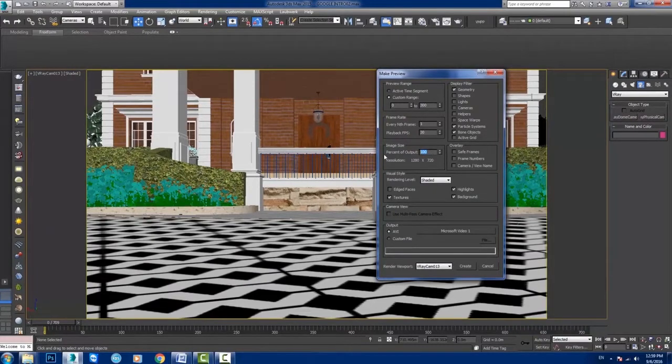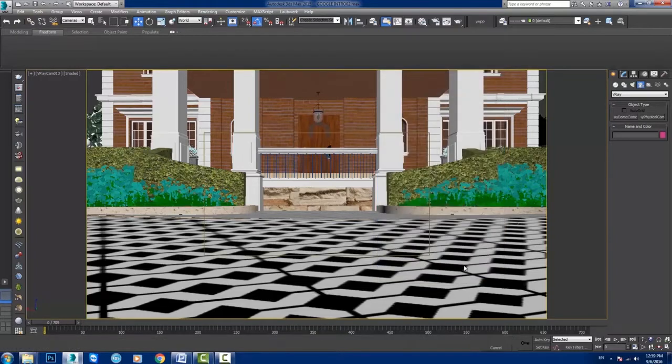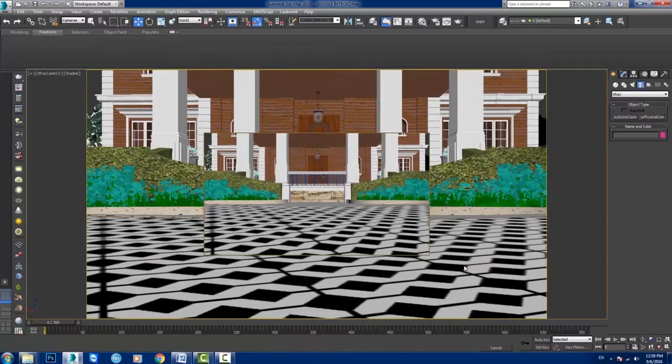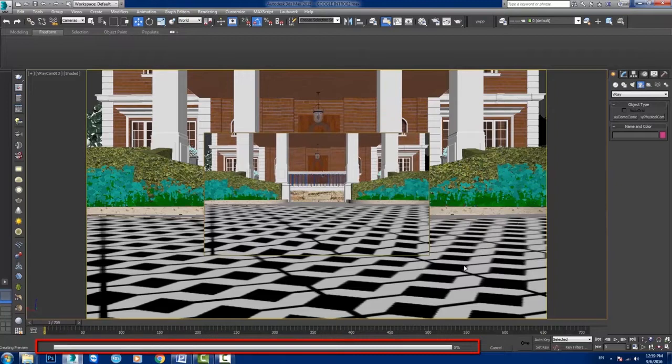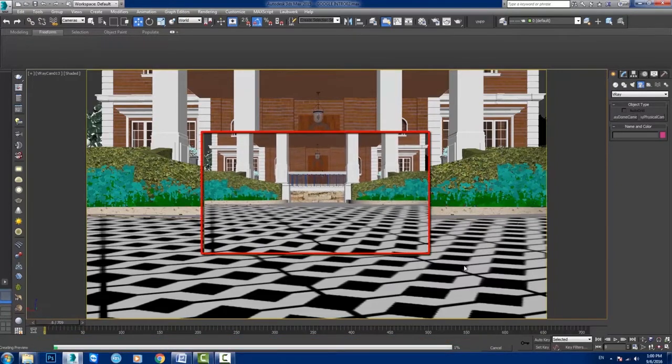If we decrease the percentage to 50%, the preview movie resolution will be half of that resolution that is already set. So the movie will be created with a 640 by 360 resolution. Let's set the resolution and press Create. When you press Create, Max starts creating the preview video. We will see a progress bar under the timeline, and we will see the progress of the video in the